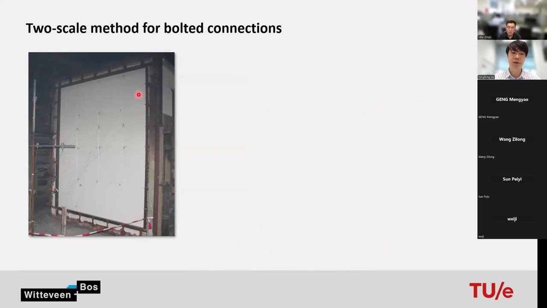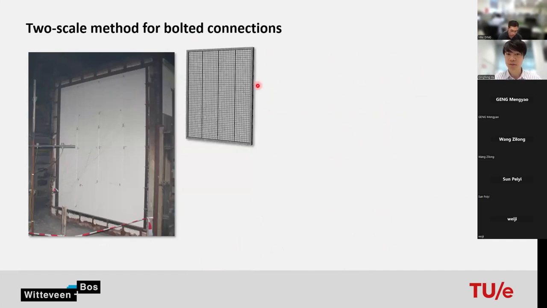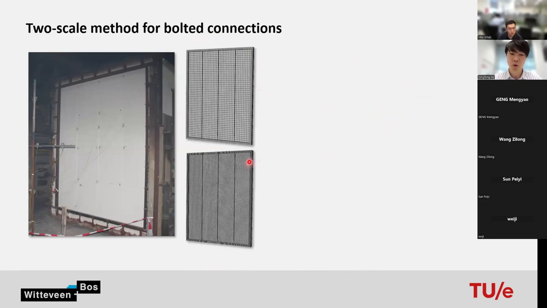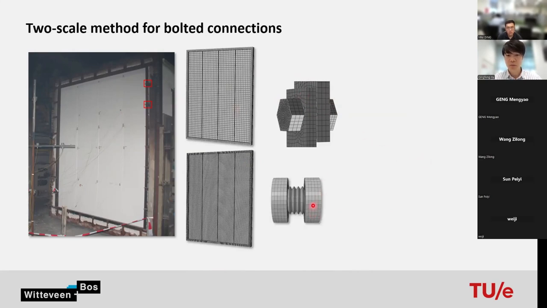So for the full-scale sandwich panel under fire, of course, if we want to predict the behavior, we can establish a finite element model, and using more elements or smaller element size, it can give us better prediction for such a system. However, if we look into it, there are so many detailed connections, such as bolted connections here. And if we zoom in, you will be surprised how many details are there for the bolt. For example, it has a bolt head, bolt nut, and they have so many threads.